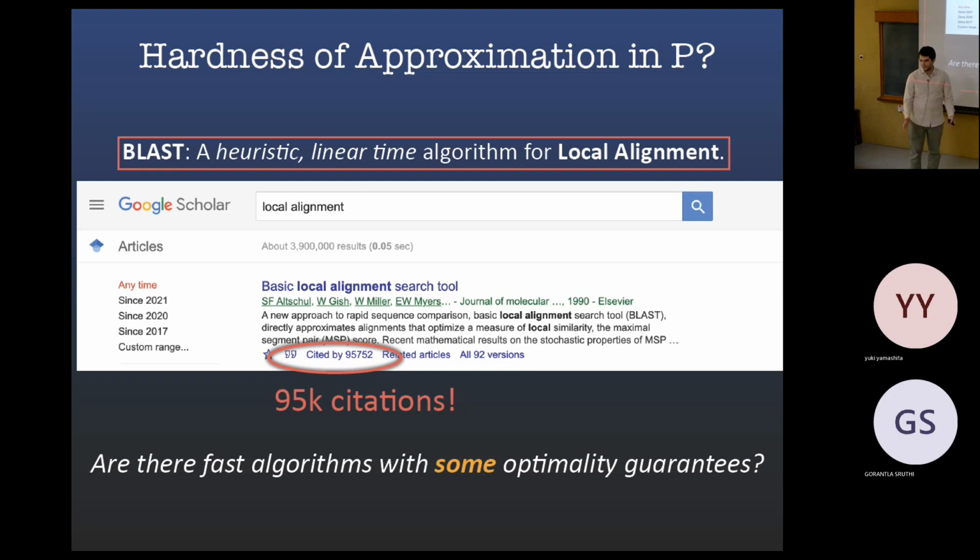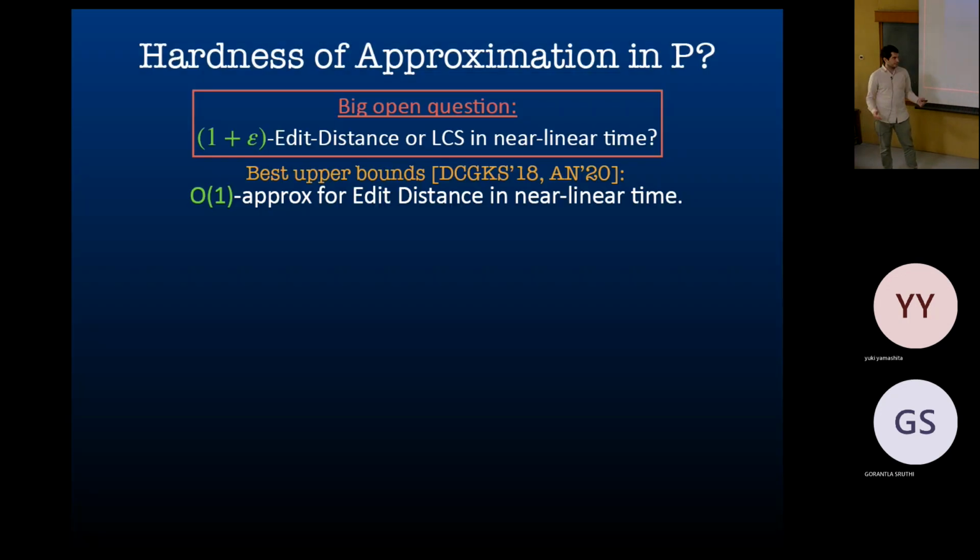Okay, we showed that you cannot solve them exactly fast, great, but what about some approximation, like maybe a 1.1 approximation would be good enough? Can we rule that out? Typically we don't know. This is a general area in which we have very few results. One of the biggest open questions in this field is to show that you cannot get a 1 plus epsilon approximation for edit distance or LCS, a really good approximation, really fast. The best algorithms we have, if you want near-linear time, have some large constant approximation. So they're pretty far from it.